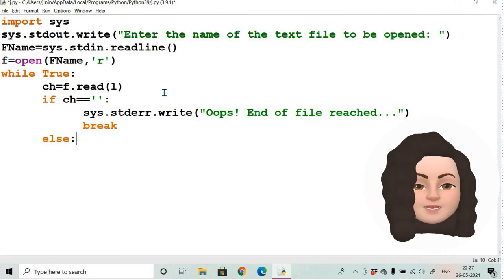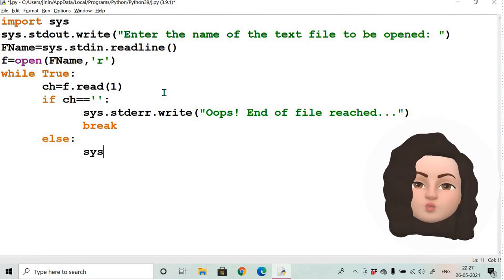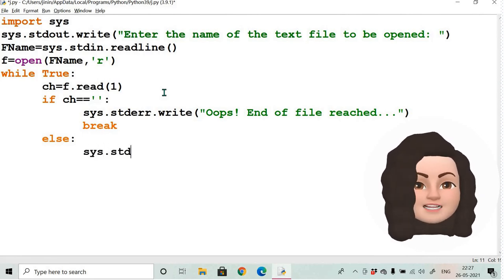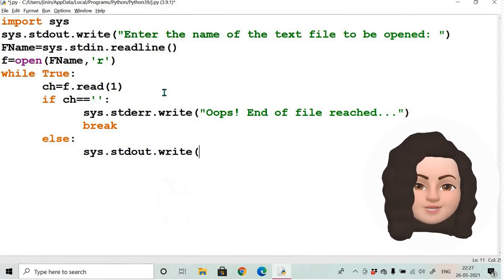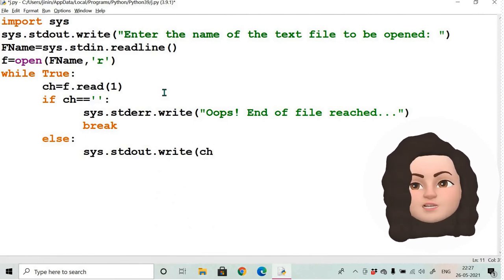Then else, if it is not empty, it has to be printed. So I am going to give output. So sys.stdout.write. So I am going to write that character. So where is it stored? It is stored in the variable ch. So sys.stdout.write of ch.